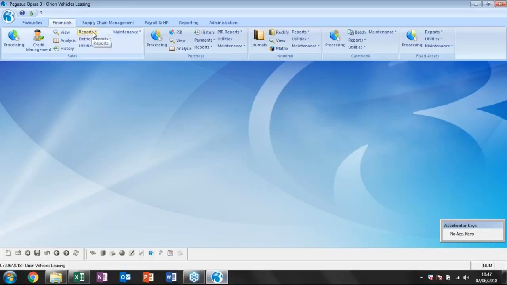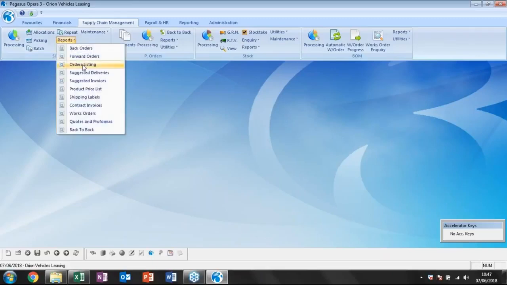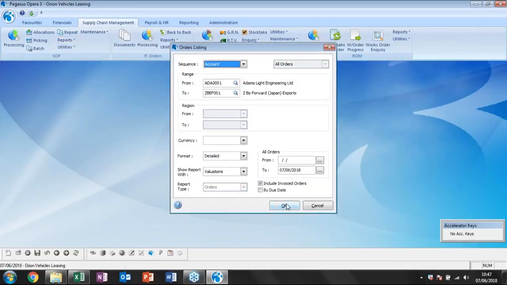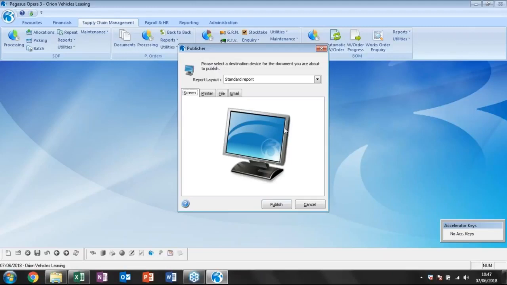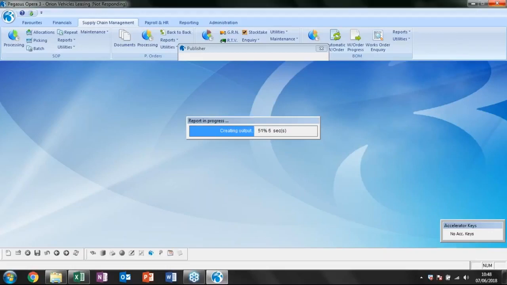As well as exporting to Excel, we'll have a look at another report. Let's say we want to look at the order listings report in sales order processing, and I actually want to publish it to screen. So a bit of a larger report, and as you can see, the progress bar runs, and that wasn't available in Opera. So we would be really maybe taking a little bit of a guess of how long a report would take to